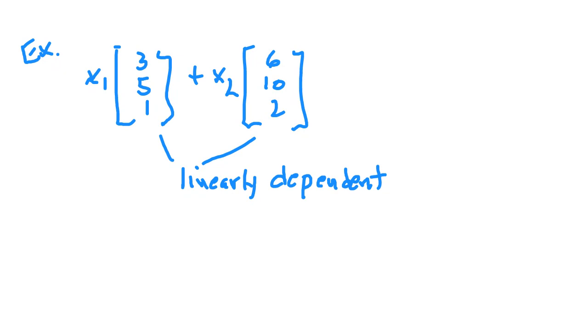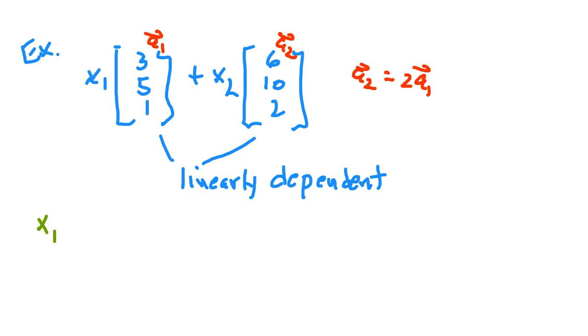6, 10, 2 is what multiple of 3, 5, 1? Good. So in this case, A2 is 2 times A1. Okay, thank you. So look what happens here. Look what happens. Let's say that you have,